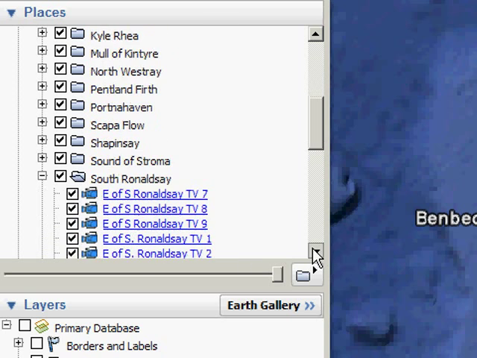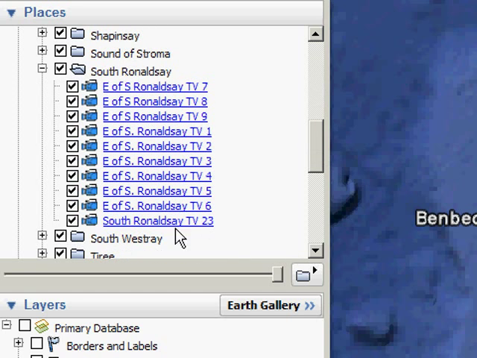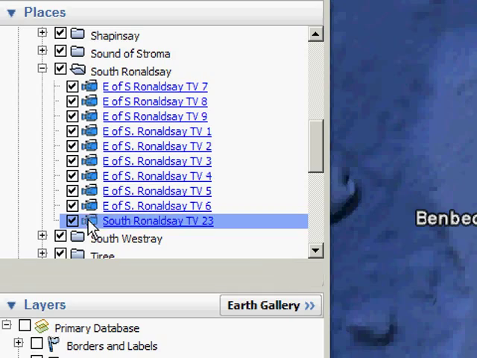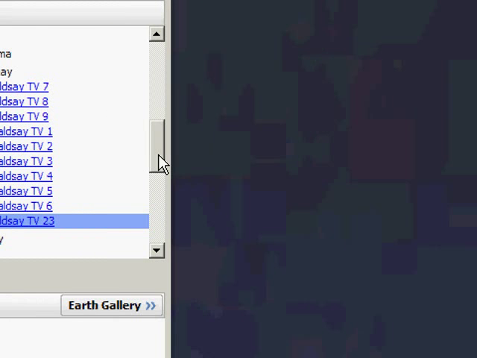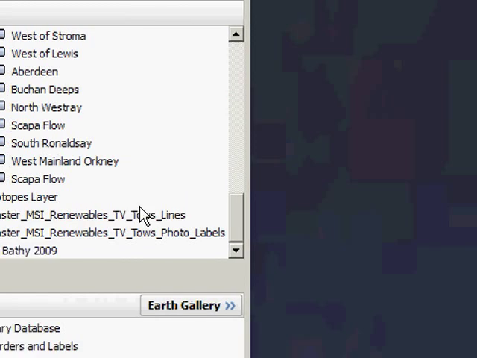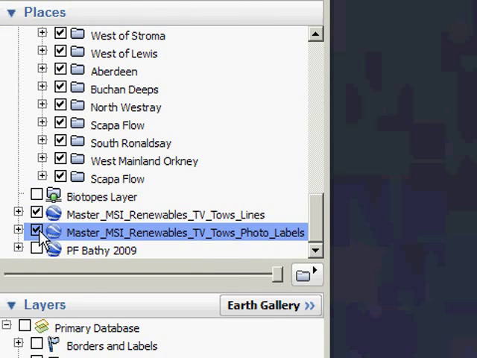I'm going to expand that layer, and I'm going to double click on the video icon, and Google Earth will now fly over to that TV tow. Okay, there it is. I'm now going to switch on the TV tow track and TV tow photograph layers,